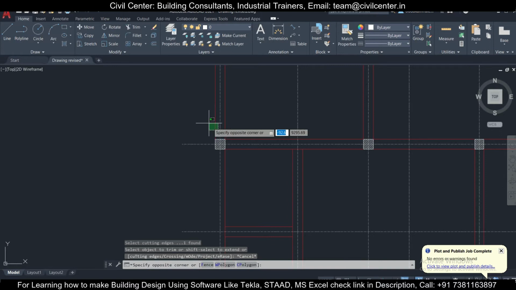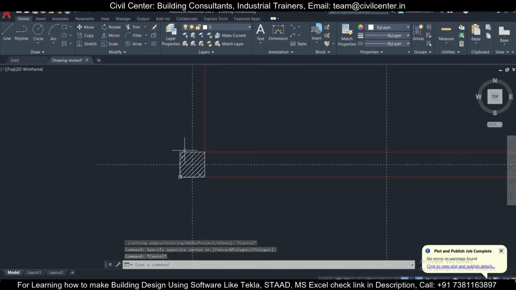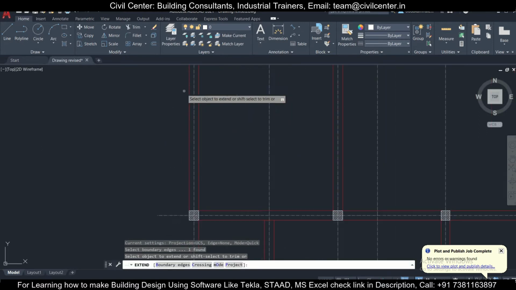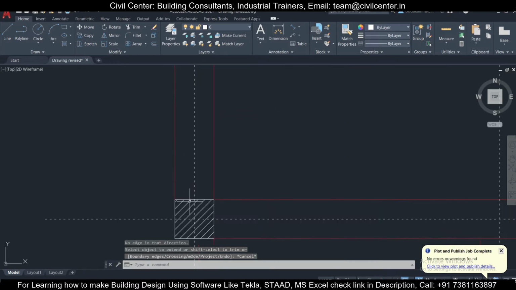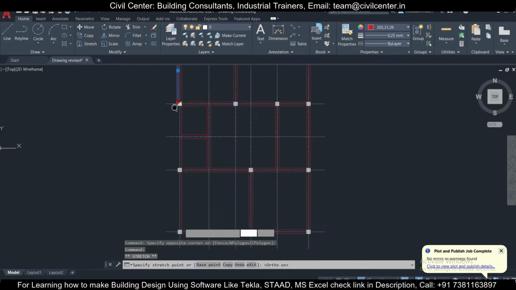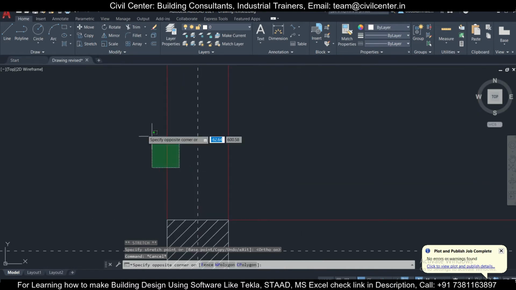Or else we can select this boundary and press EX, enter, or else we can simply drag it. It's not extending. Make sure you have ortho on to do it at 90 degrees, and extend this.